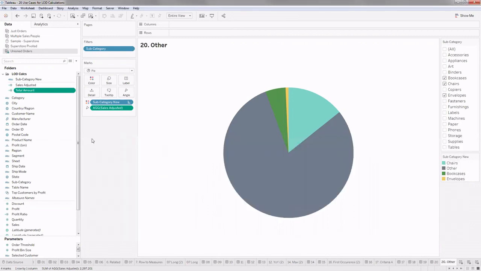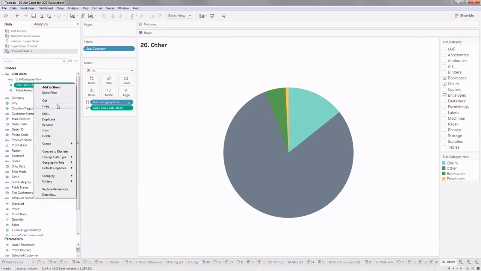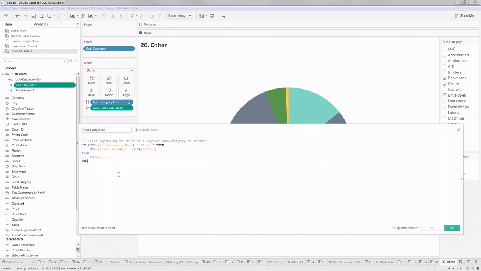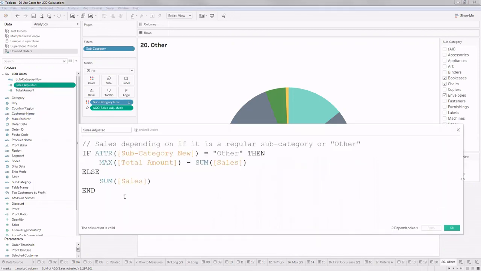Step number 2. After that, I'll create this one particular field called sales adjusted. Let's understand the calculation and I'll explain the logic a little later. If my subcategory new, which is the field that I created, is other, that means all the rows that are coming from the orders one table, it will be other.